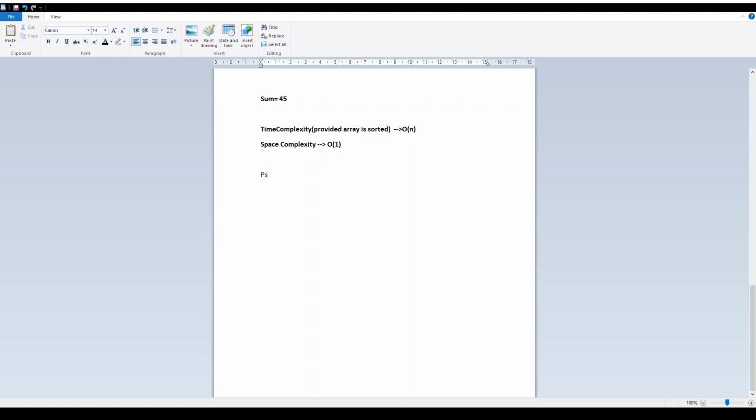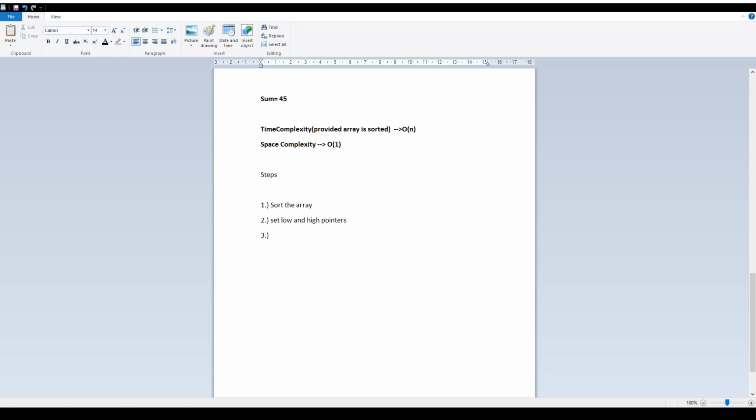So what are our steps? First we sort the array, and then we set the low and high pointers to the first index and the last index respectively.